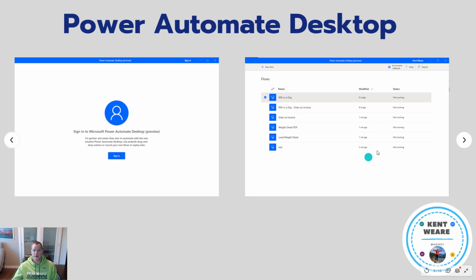Now, once you've signed in, this is the experience you're going to see. Obviously, I've been messing around with Power Automate Desktop already, so I have some UI flows that are already here. For you, the first time, you're just going to see a blank screen, which is totally fine. The other thing that's super important here is the environment picker. If you've used Power Automate before at flow.microsoft.com, you always need to make sure you're in the correct environment, because you could have multiple, like dev, test, prod. Same thing applies here. So always make sure that you are lined up with your environment, because when you go ahead and save, in this case RPA in a day, it's going to get saved to that